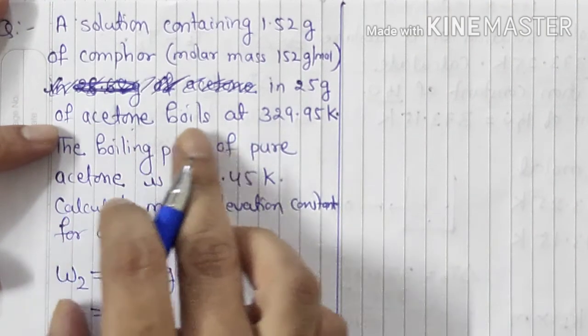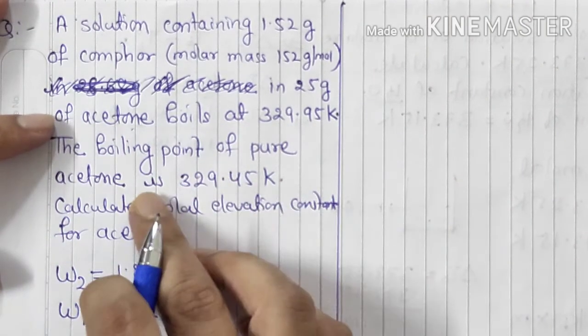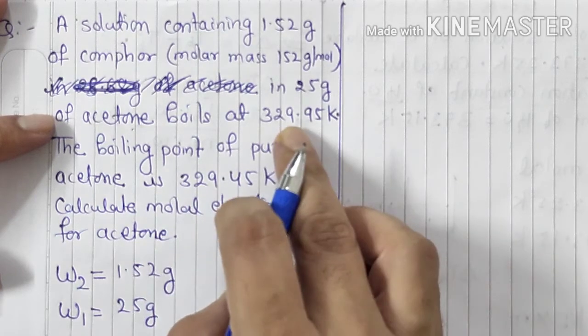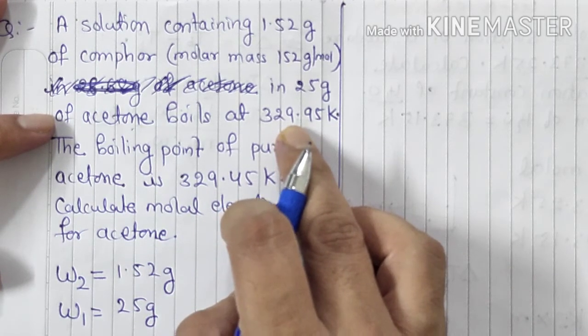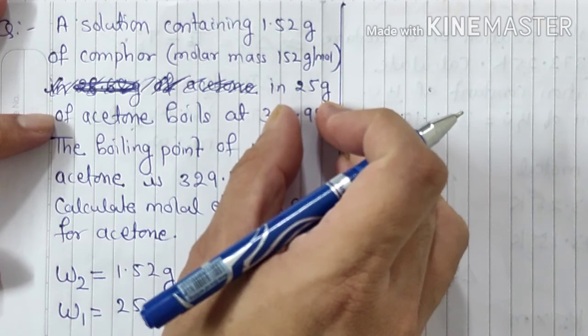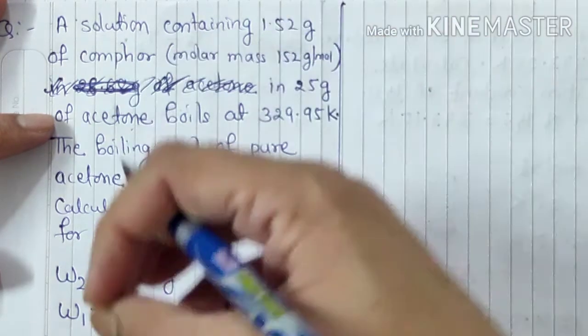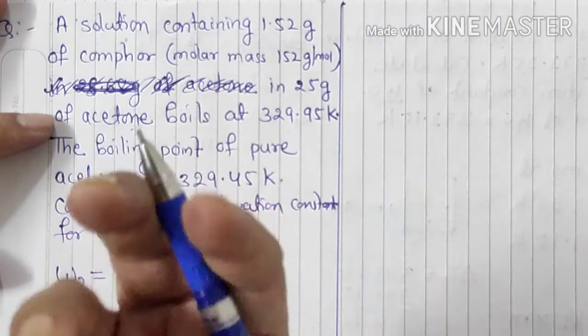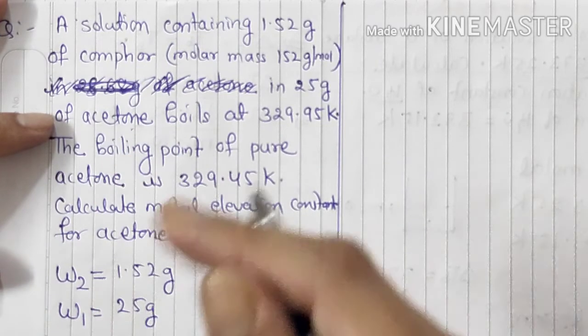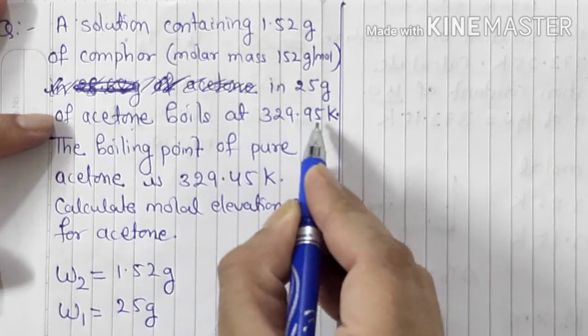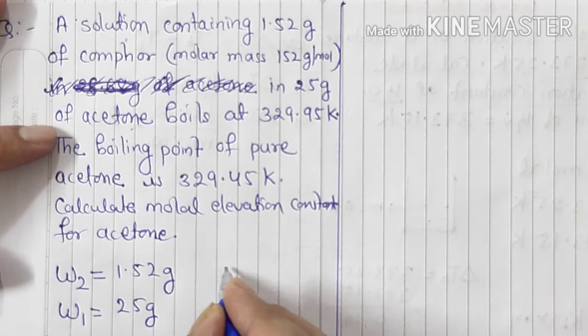And acetone boils at 329, the boiling point of pure acetone. This is pure acetone and this is the boiling point of solution. Which solution? We took 25 gram water, and in it we added 1.52 gram solute. Now the boiling point of the solution formed is how much? 329.95. So this is T